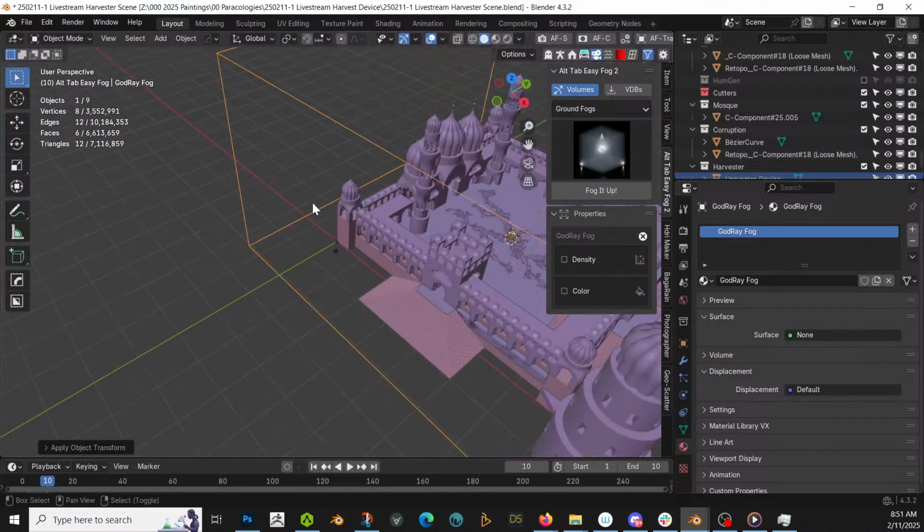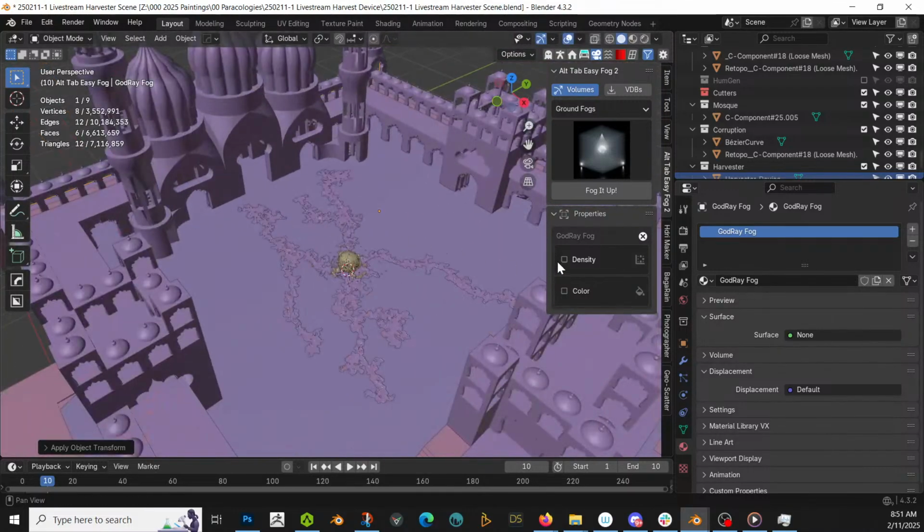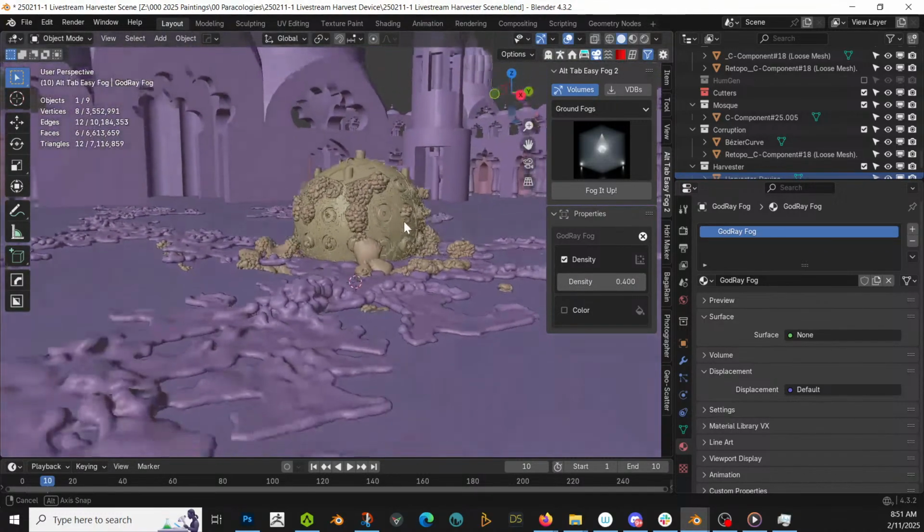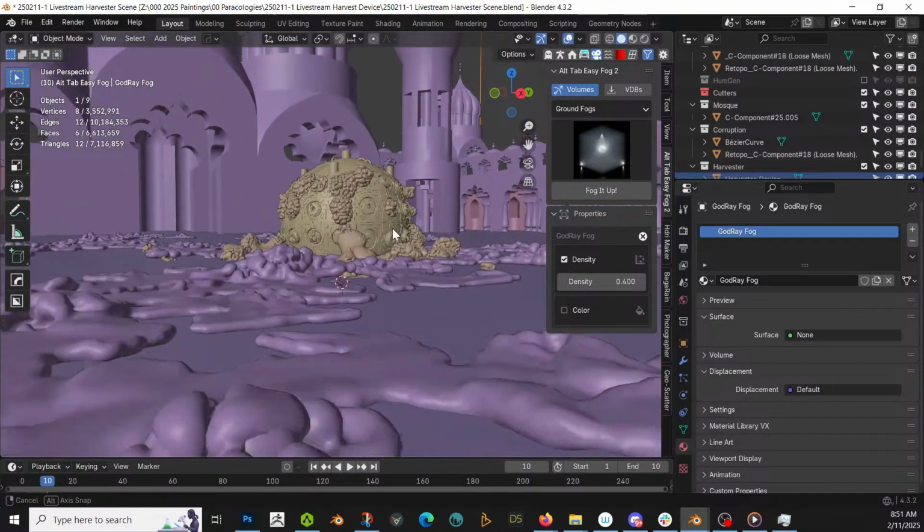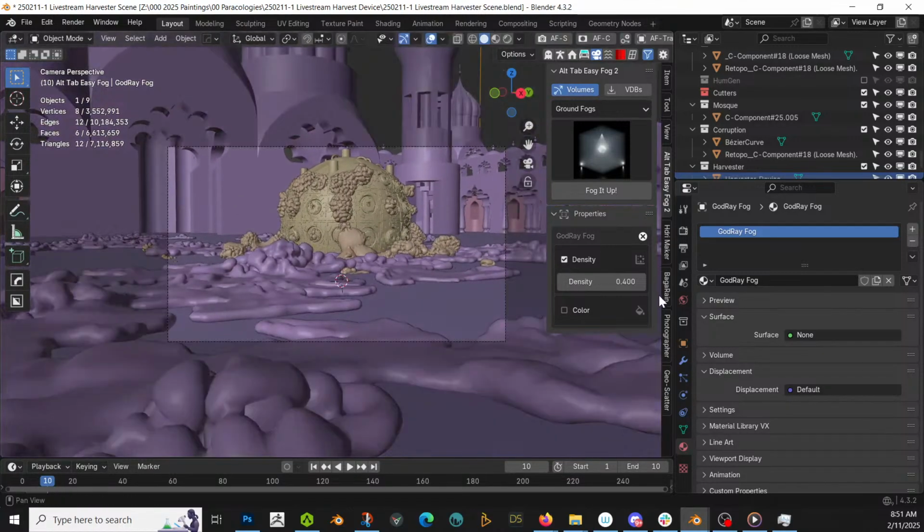Oh, that's not going to be our camera. Density, I'm going to assume 0.4 for right now. And come to here and create a camera. We still haven't done the sky, so it's not going to be right, but